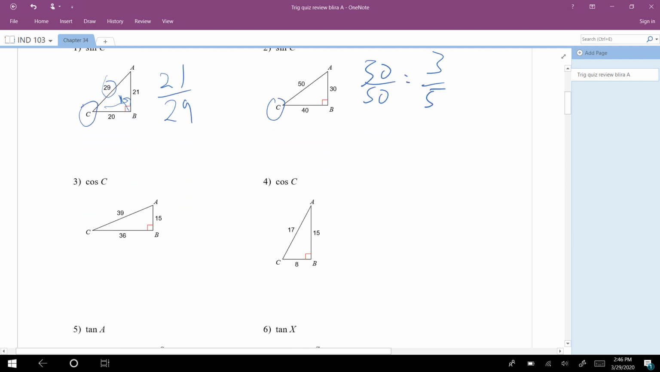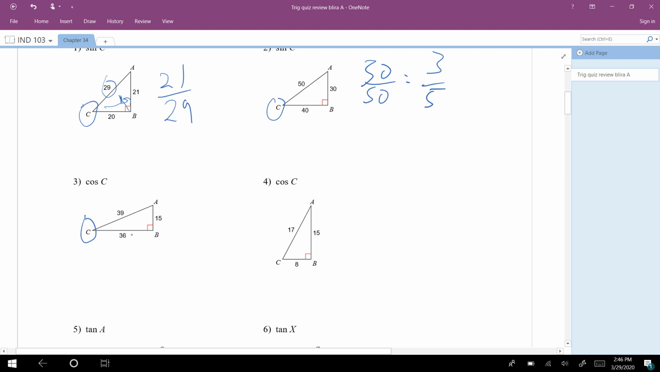So I'm going to give you a second to do cosine. Remember, cosine is what? Adjacent over hypotenuse. Very good. All right. So I know you already have whipped this out, but just to refresh, we're looking for